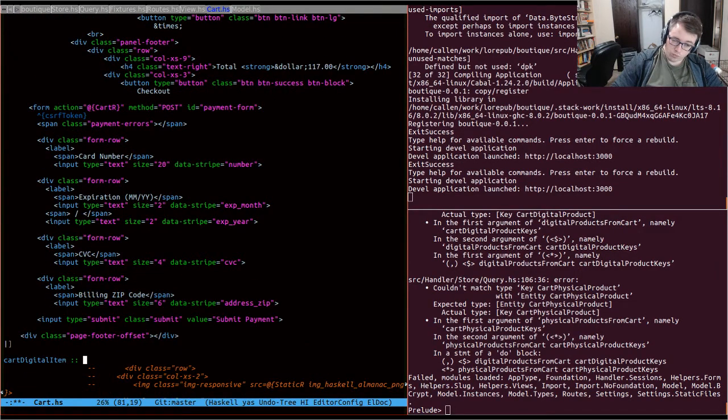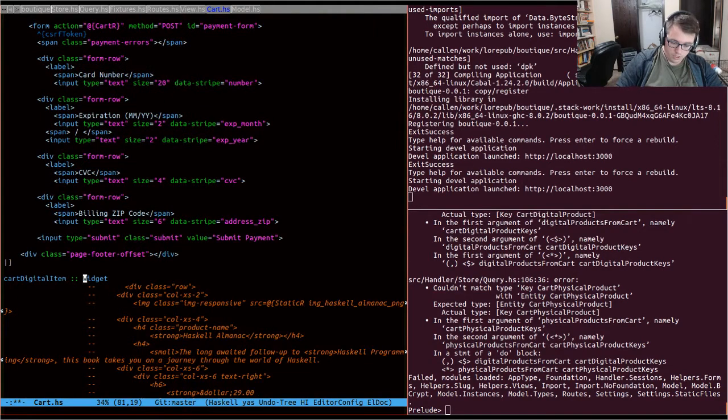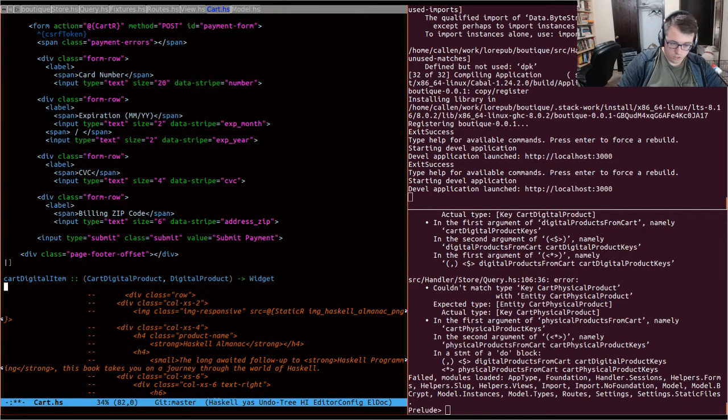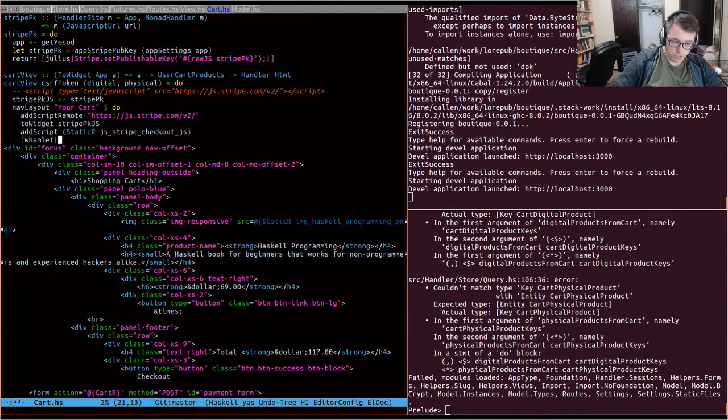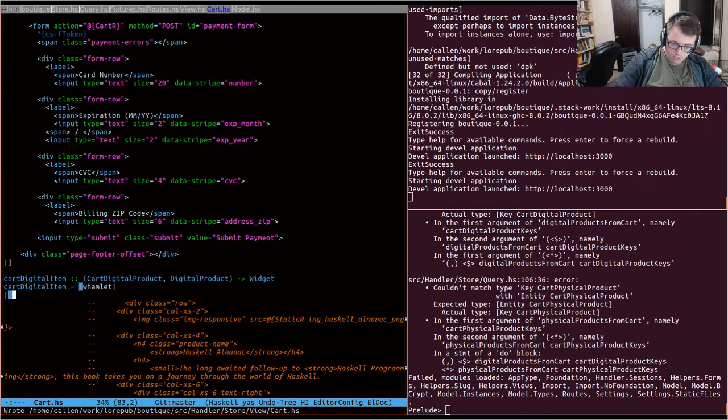It's just widget T. I think widget's already defined as being app, and then it's gonna get a single tuple of cart digital product, oops, to widget, and then we're gonna whamlet that, and I can actually